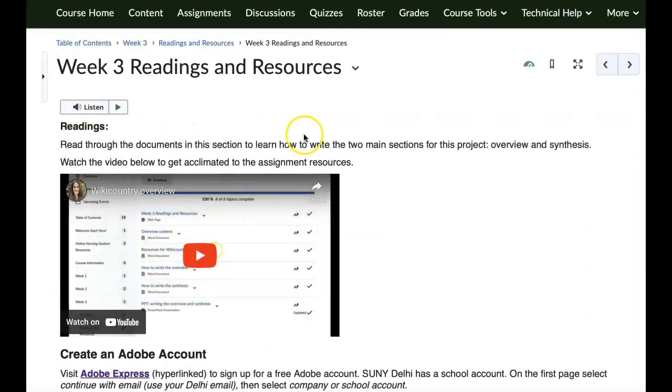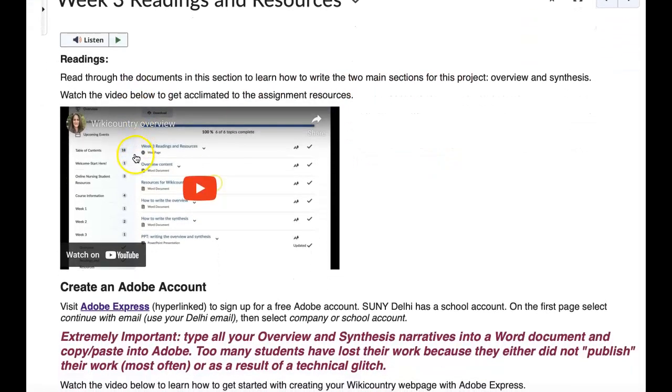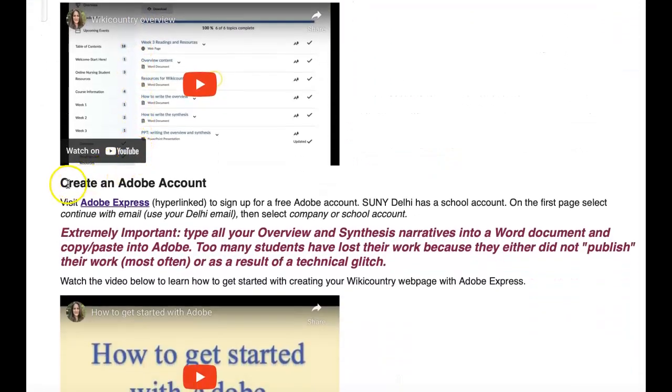And this is actually going to be my video. This is the old video, but this is just a general overview. The first step is you'll be creating an Adobe account. You'll click here and you will go ahead and start your Adobe template. So I want to emphasize that you want to type all of your overview and synthesis narratives into